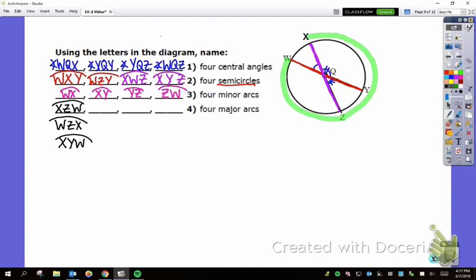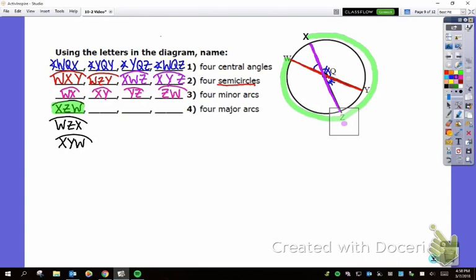Okay, still looking along that purple diameter. That was my green one, just so that we can keep up with that. So purple diameter, X to Z. What if I start the other way? What if we started at Z,